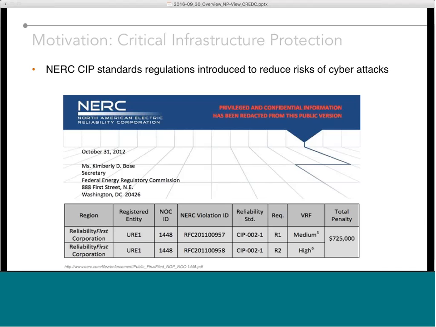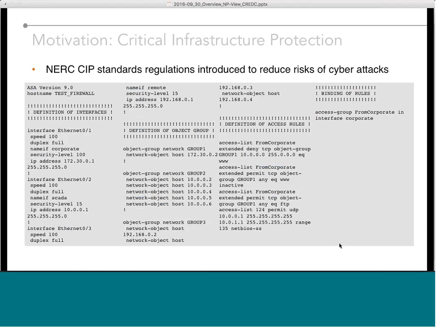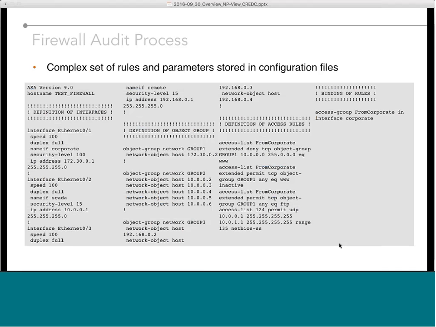When a rule violation is discovered, fines can become pretty expensive. What you see here on this slide is an example of a fine that was issued a few years ago, where a utility received a penalty of $750,000 because they failed to identify some critical assets in the network. And those fines can go up to $1 million per day of violation, which means that if you have a violation discovered 30 days ago, then you can multiply 30 by 1 million a day, and that will give you the whole fine amount. So as you can imagine, utilities are very motivated to make sure that they comply with those regulations and that they are also secure in terms of